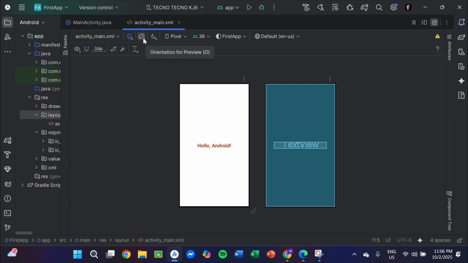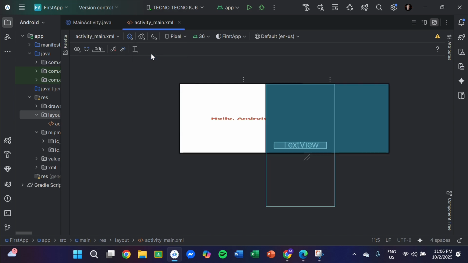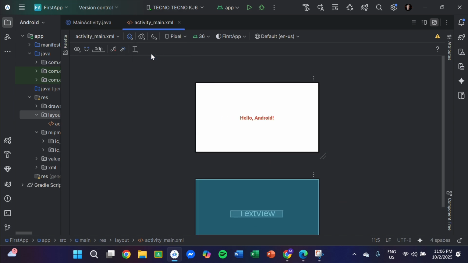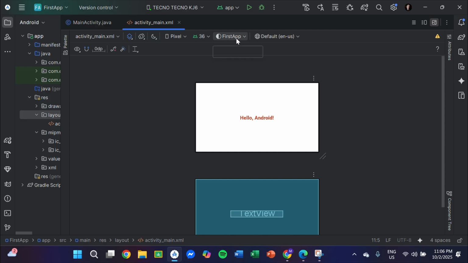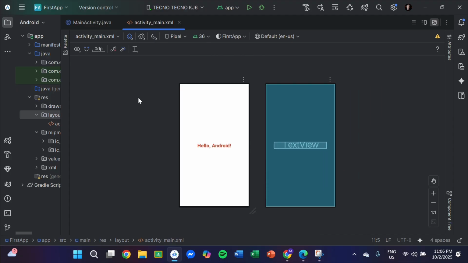For example, if you want to have portrait like this one, or if you want to change it to landscape, you just have to change it. Then we also have the screen size, the smart or device type, then API, our API theme, and language. So just go back to portrait mode.